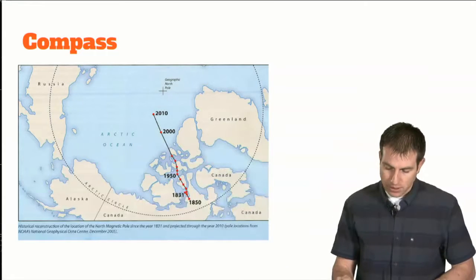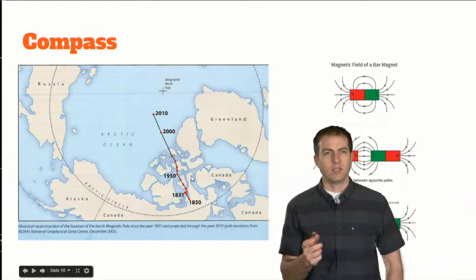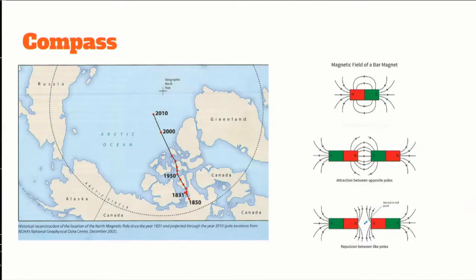Think about this. You guys study magnets in, what grade do you do magnets in? Grade 8, I think, maybe? And you guys all know this. If you have two magnets, a north and a south will attract, the magnetic lines will line up, and a north or a south will repel. So if you have a compass, and you have that little red end on your compass, and it's pointing north,